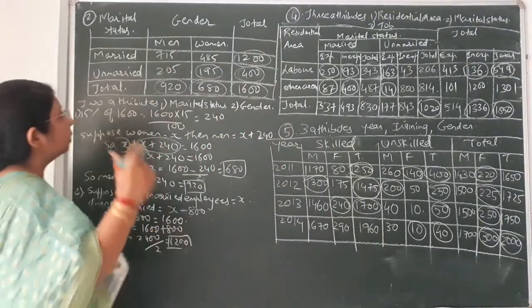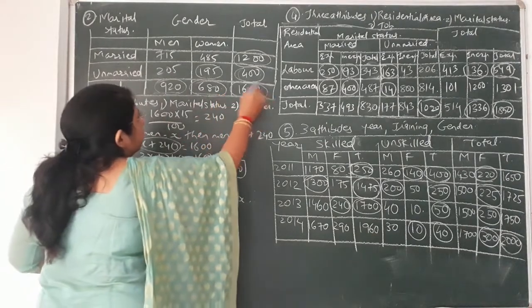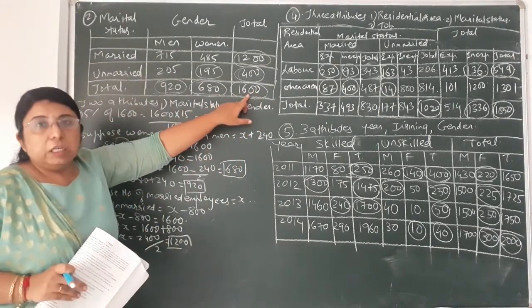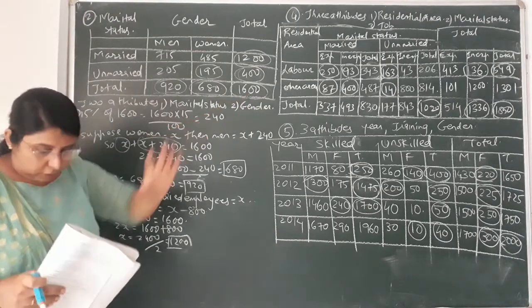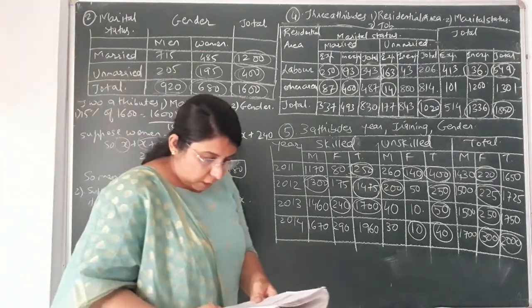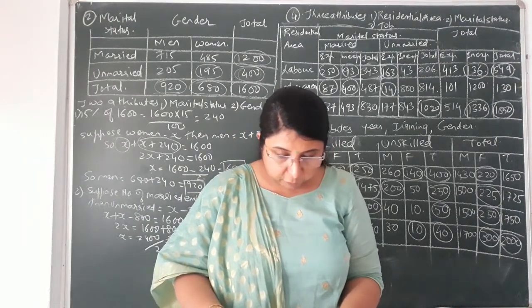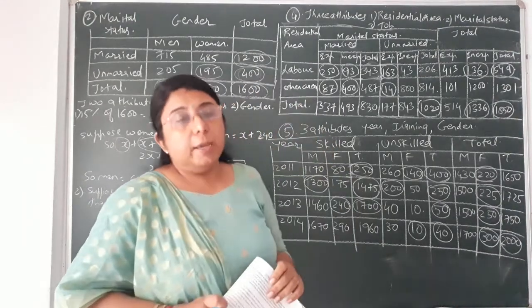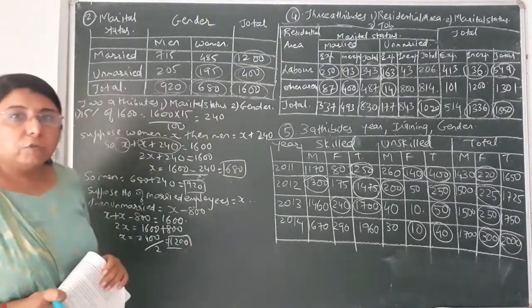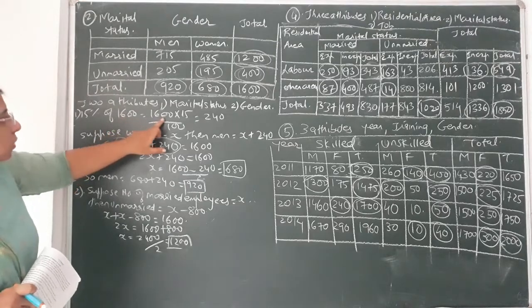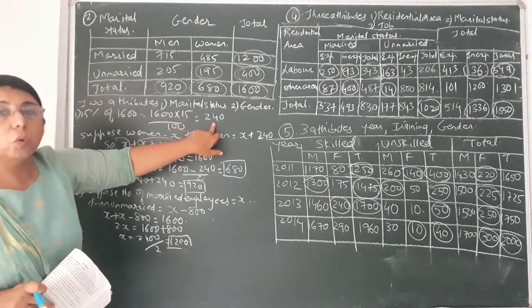How many total employees? That is 1600. So you can see the total of employees working that I have written, that is 1600. Then afterwards, among these employees, the number of men exceeded the number of women by 15% of the total employees. Now 15% of the total employees, how many total employees are there? 1600. 15% of 1600 would come to 240.